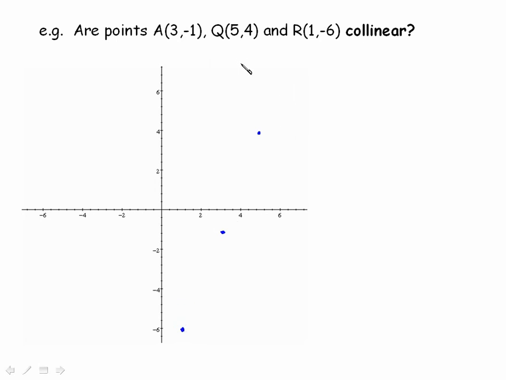But what you can do to verify is you compare the slopes. And I go AQR just to keep things a little more interesting. If we take the slope of AQ, and then we take the slope of QR, because they both include the same point Q, if we have the same slope, then it means that they have to be on the same line. So really we're just comparing the slopes. So the slope of AQ